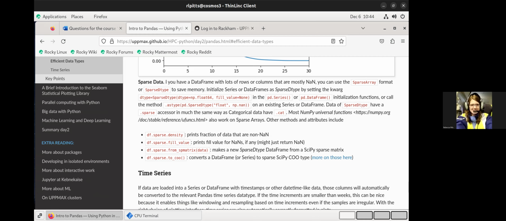All right, in our last few minutes, I'm going to switch over to the Seaborn plotting library because